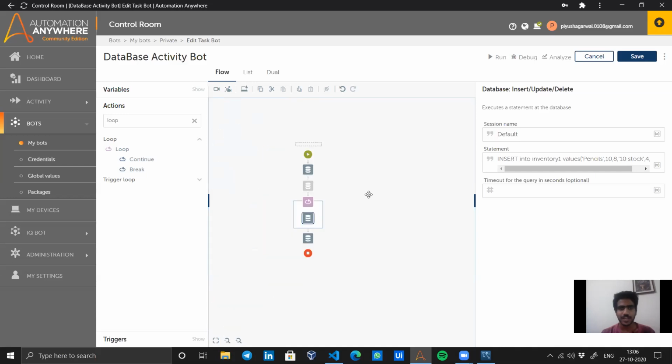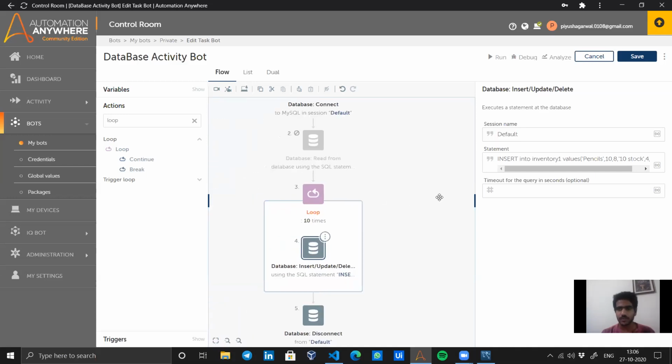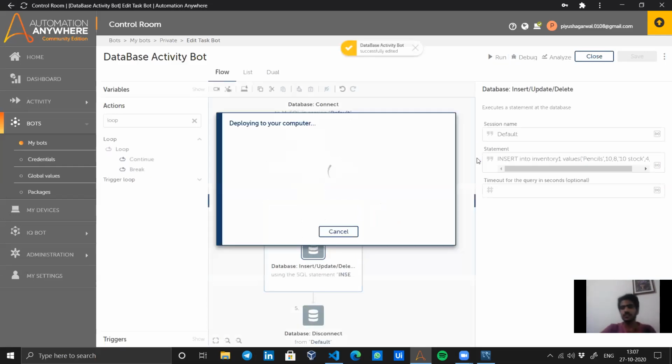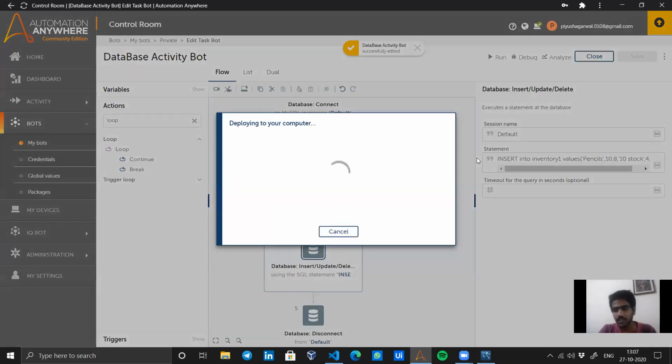You can drag and drop, zoom in, zoom out. Everything is possible over A2019. It's so customizable. Now if I run this again, what will happen? It will just reinsert the same query 10 times, with similar data. Next we will see how to extract data from the database to Excel, and how other activities work over there in A2019.